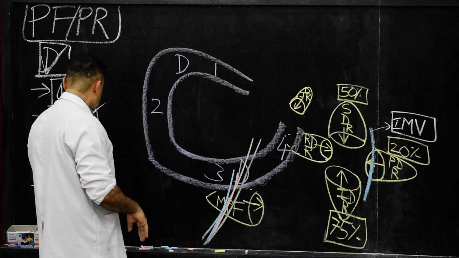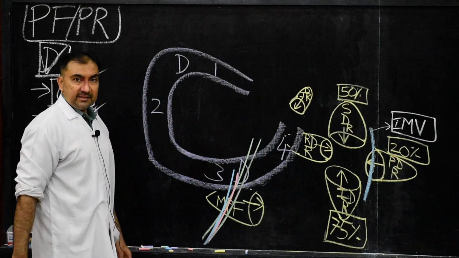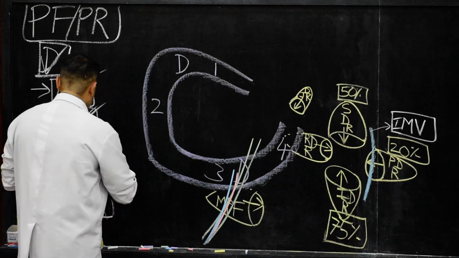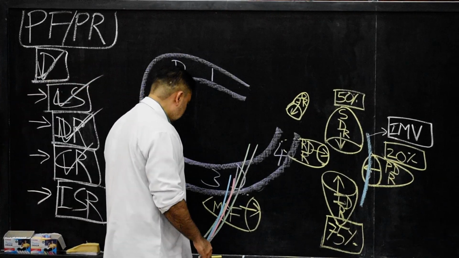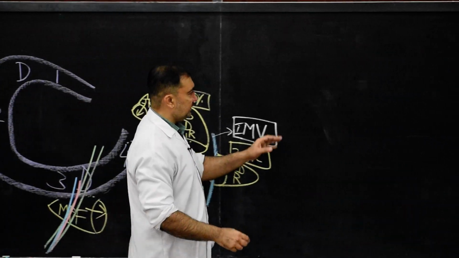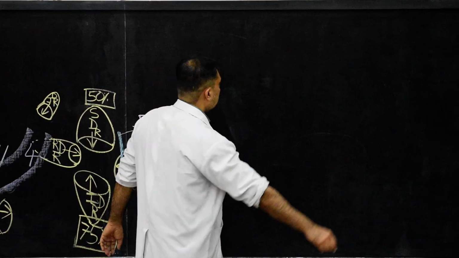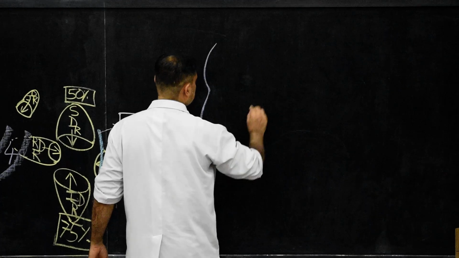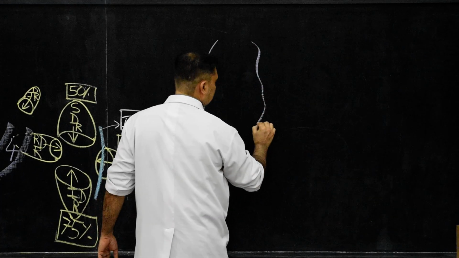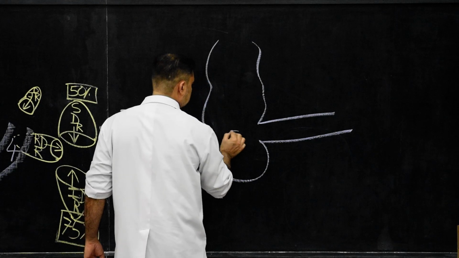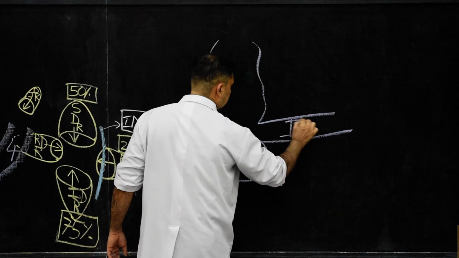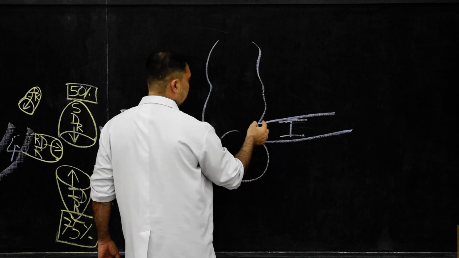Now we come to the cecal recess. In order to understand this cecal recess, please come on this side here. If we draw the cecum, and here we show the terminal portion of the ileum. So this is the cecum, this is the ileum, and this junction is the ileocolic junction.